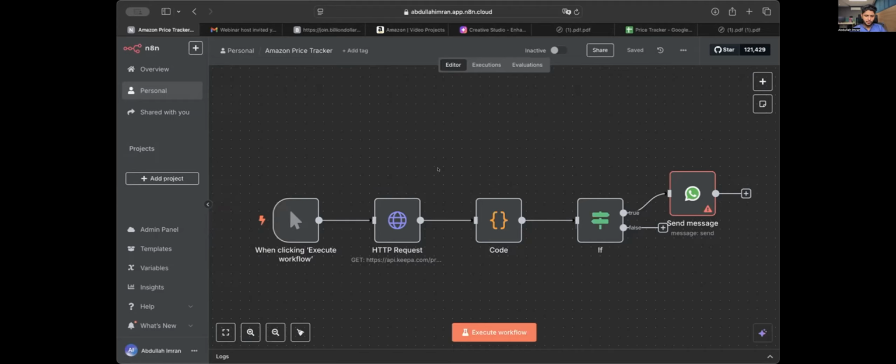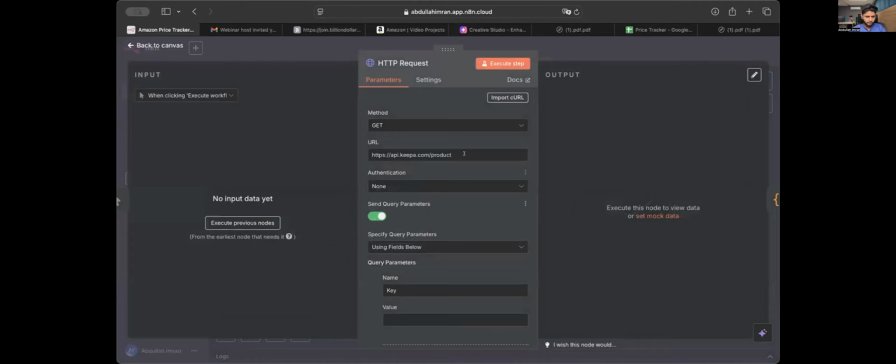There's no AI agent involved, like there's no OpenAI or anything AI. It will be just connected with the Keepa API and the custom code, and you have the rules here, and it automatically sends you a WhatsApp message, or you can add a Telegram node or Slack, whatever channel you want to get notified on. Okay, so this is the HTTP request node, and you can see here you have added the Keepa node